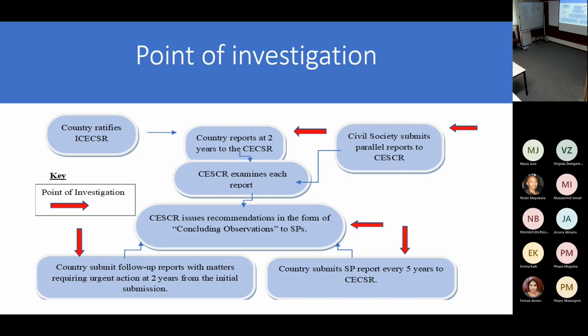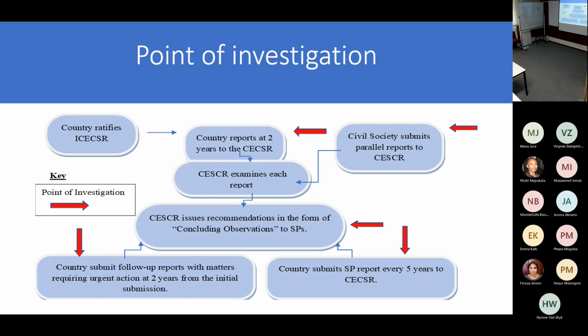So when a state party has ratified the covenant, let's say maybe in 2009, then we start searching from 2009 up to 2018. That was our study period. We started investigating the first 2 years when the state party had submitted their reports to the committee. Then we also investigated the point when the committee examined these reports, that is the concluding observations. After that, we would check the subsequent follow-up reports,